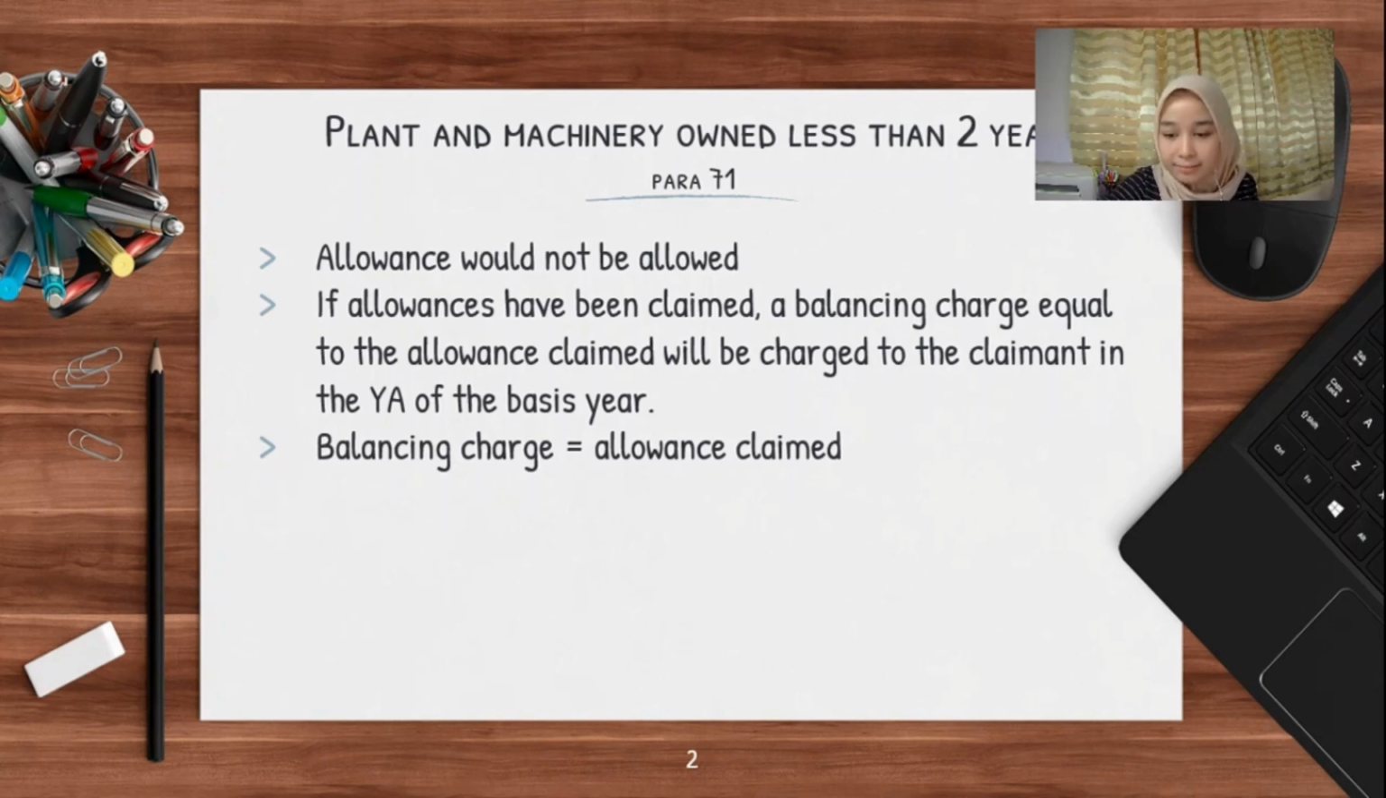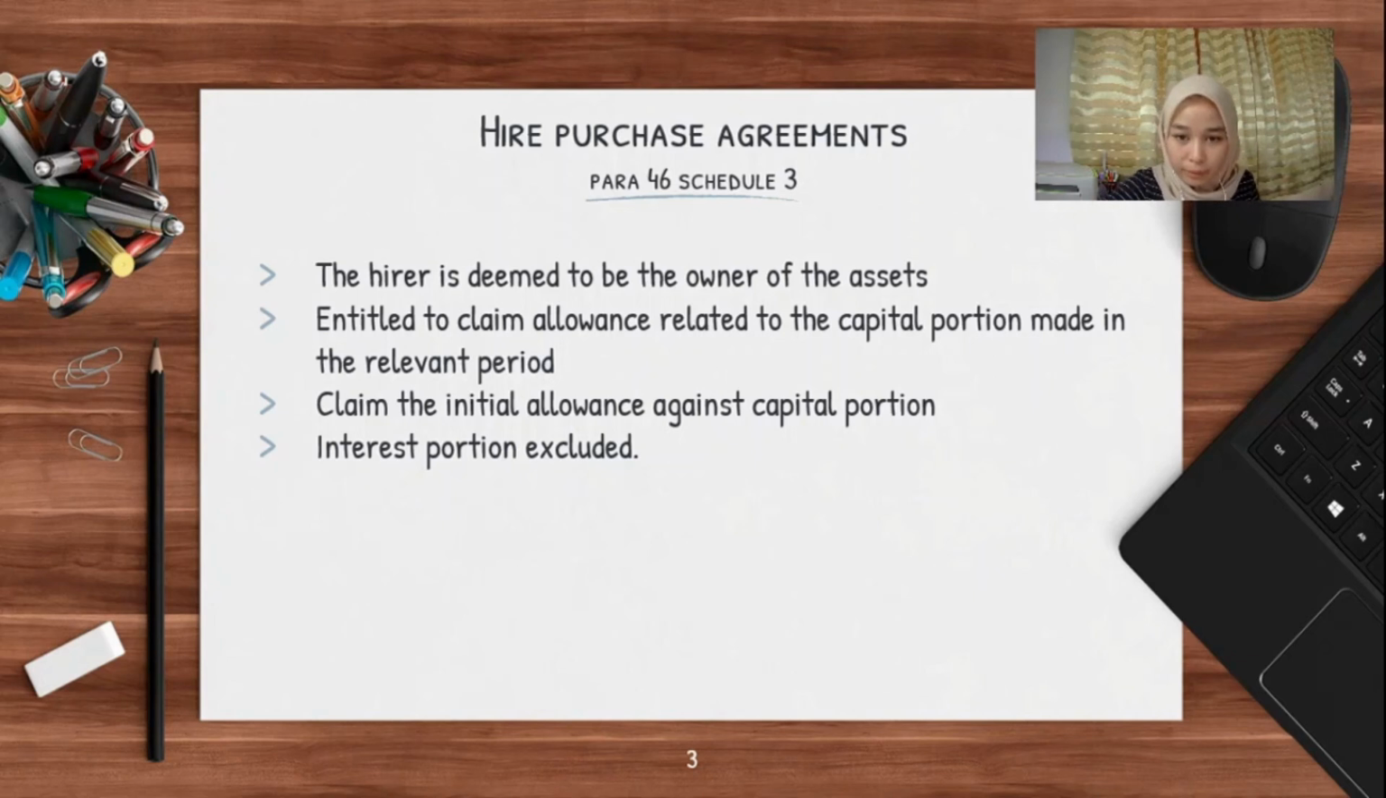Next, for the last part, for capital allowance, which is hire purchase agreements based on paragraph 46, Schedule 3. I simplify it in my own words. Where a person buys plant and machinery under a hire purchase agreement, the person shall be taken to be the owner of the plant and machinery, and capital expenditure incurred on the plant and machinery in the basis period of the year of assessment shall be taken to be